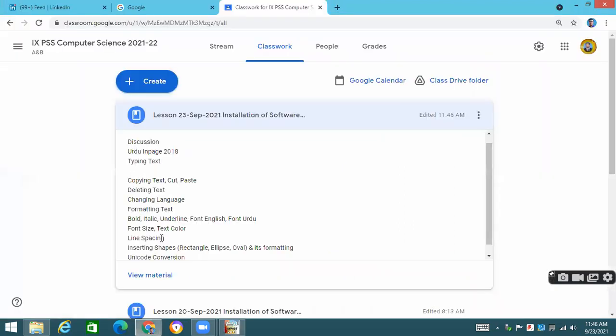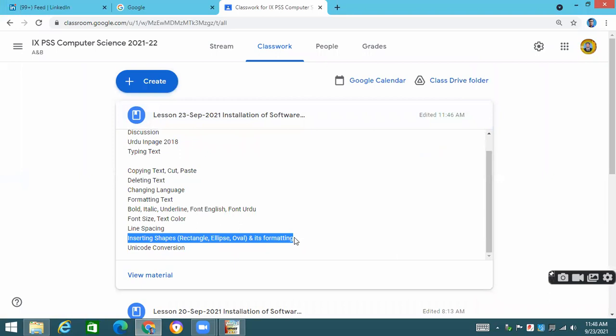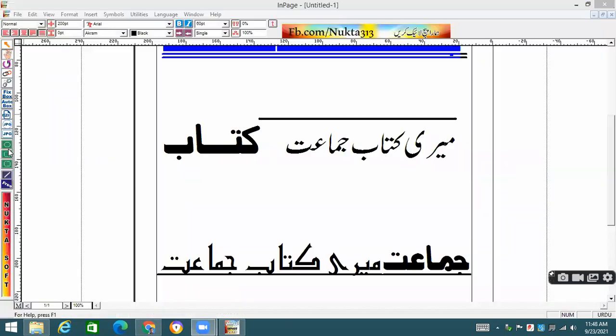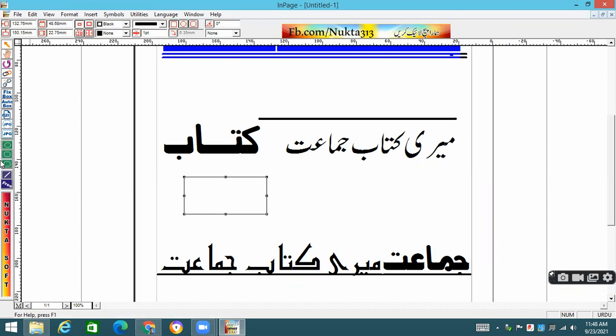Come to the next point, which is inserting shapes. We can also insert shapes. Different types of shapes are there that we can insert and utilize. For this purpose, we will go there and click on these shapes. These are the shapes. This is a rectangle, oval, rounded rectangle. These are the shapes that we can take, and we can take this arrow sign to pick these shapes, and we can put these shapes anywhere in our document. We can resize these shapes as well.